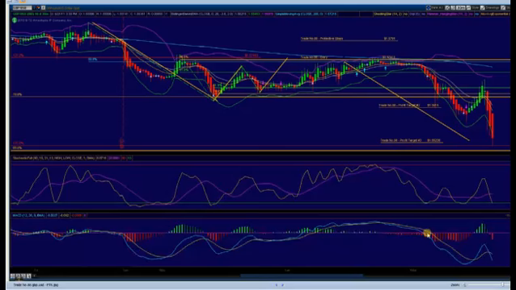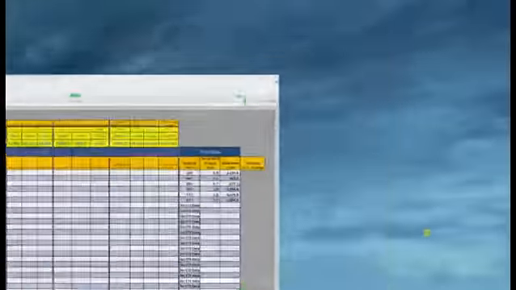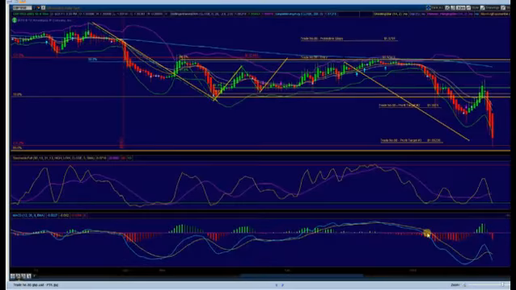So that's it for trade number 88, which was a short entry on the British pound US dollar market. This was a win, about a 217 pip total win